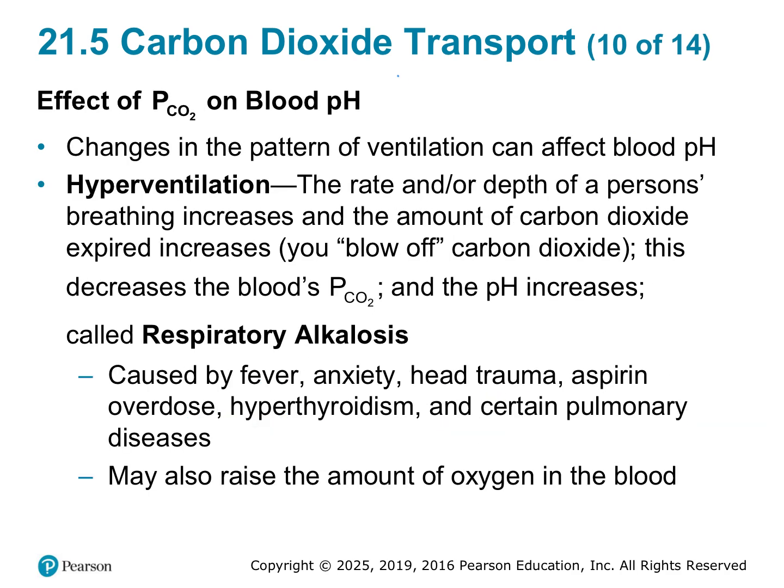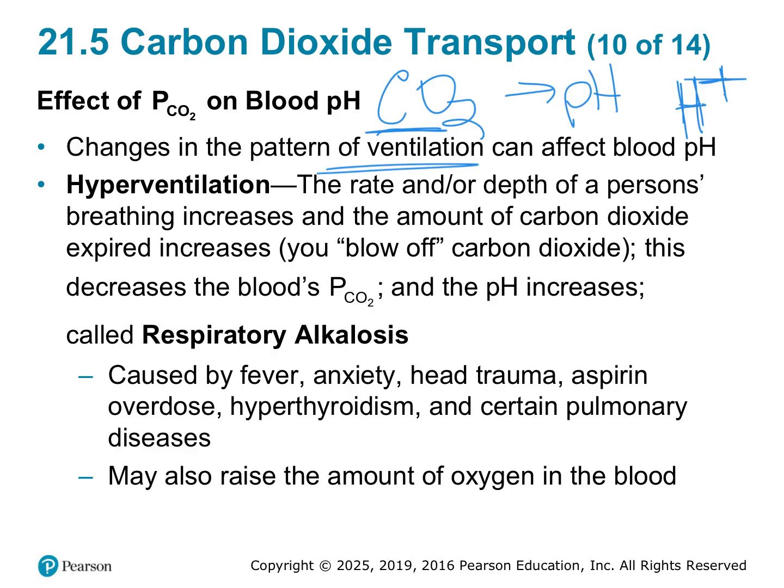So because carbon dioxide levels influence pH through changing the hydrogen ion concentration, then our ventilation rate can influence the pH of the blood. Because if we increase ventilation, then we get rid of more carbon dioxide that can make it more basic. If we decrease ventilation, then we're holding on to more carbon dioxide that can make it more acidic as we increase the number of hydrogen ions. So changes in ventilation can influence blood pH as we alter the partial pressure of carbon dioxide,